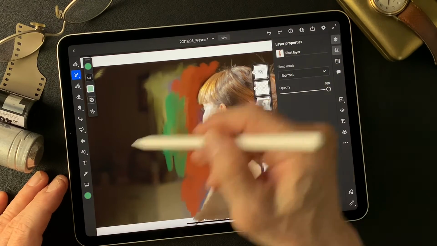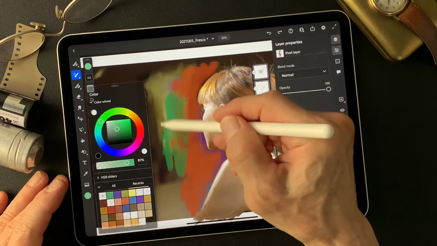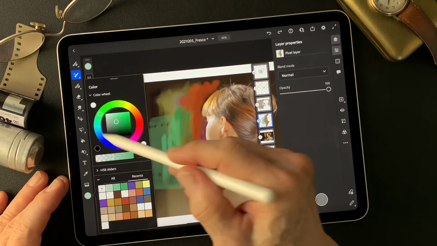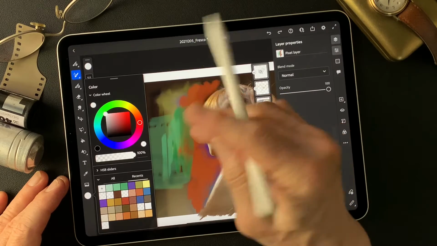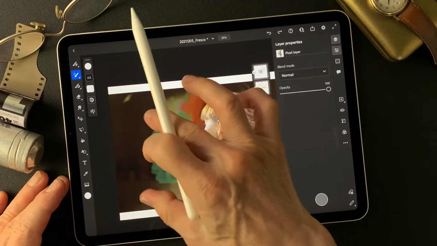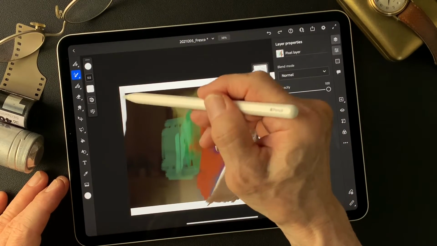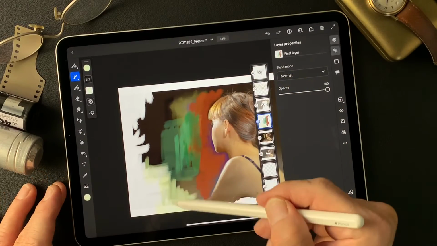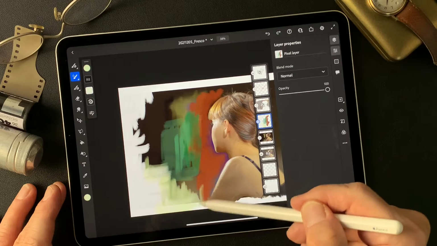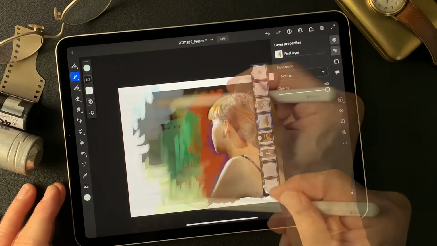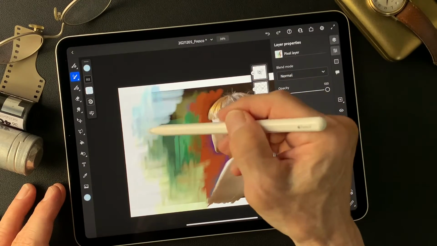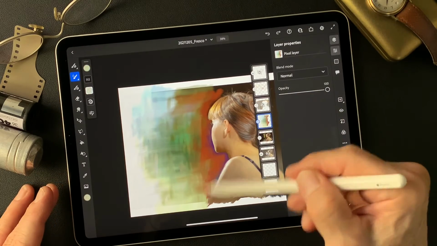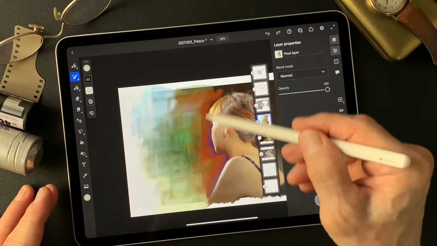We can do it somehow. I'm going to check white 100. Then let's go from outside. It's going to be fun. Well, about this